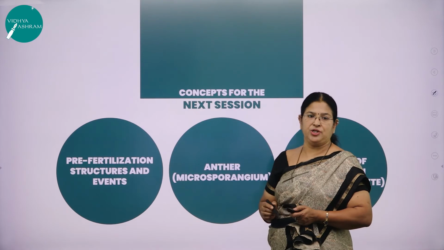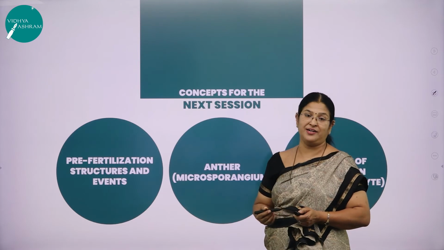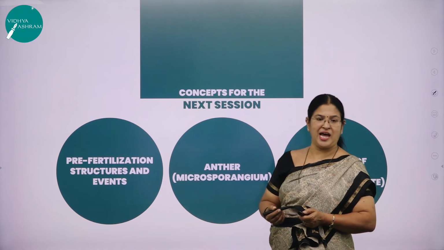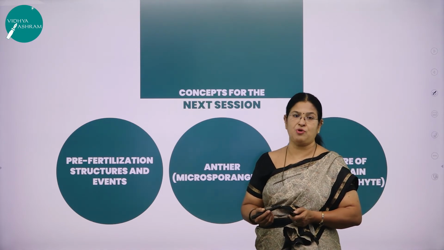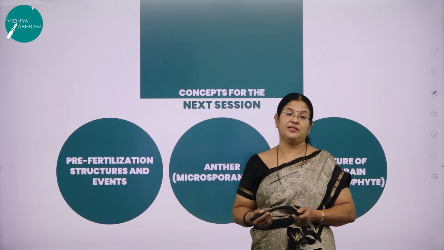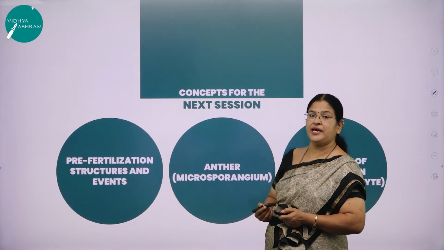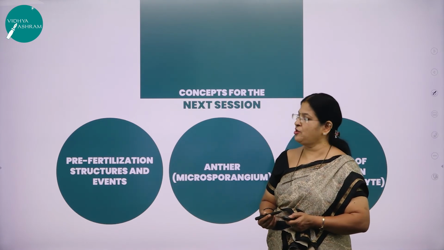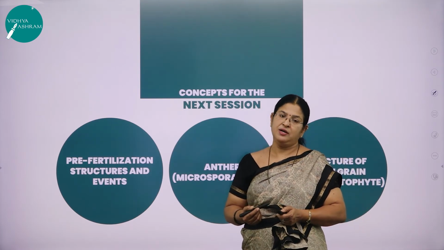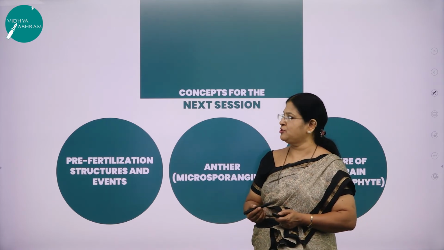So this is all for today's session. So what all did we learn in today's session, children? We learnt about a flower, description of a flower. What is a flower? Flower is a fascinating structure of an angiosperm plant, or you can also define it as what? The modified shoot for sexual reproduction. And flowers are what? They are the morphological and embryological marvels of the plant kingdom, and they are the site of sexual reproduction. We also learnt about the homologies of the flower parts. Then we learnt about the structure of a flower. Particularly we learnt about the 4 whorls of a flower, namely calyx, corolla, androecium and gynoecium.